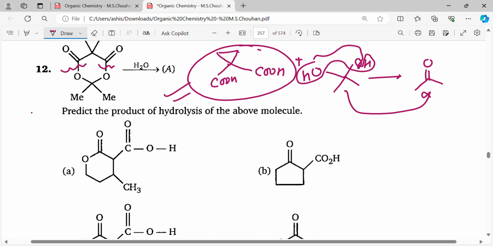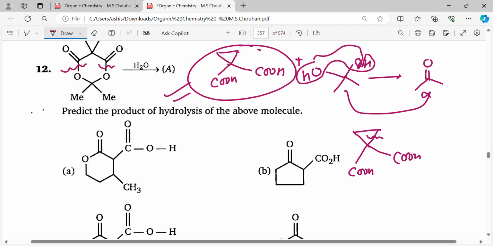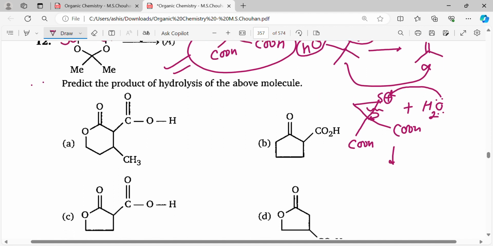Now what happened? That molecule again reacts with water. Like this, COOH and COOH, and the bond of carbon will break, and the electron will be transferred toward this carbon. So this carbon will be positively charged. So water will attack this carbon. Water will attack as a nucleophile on this carbon, and ring opening will take place because a three-membered ring is unstable, and we will get a molecule like that: